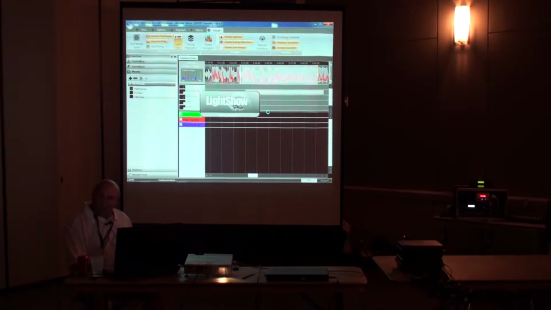Now, if you're going to convert your LOR sequences to Lightshow Pro, you can import them directly. Just import and it'll come up. Will it recognize all of the controllers and set it up, or do you have to set up all the controllers? No, all the controllers will be imported in. All your timing marks will be imported in. Now, if you've got RGB elements, they will be